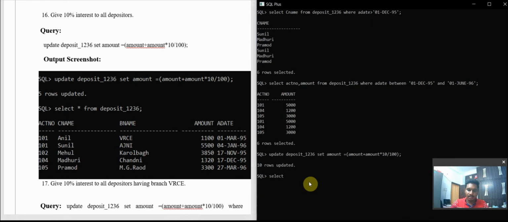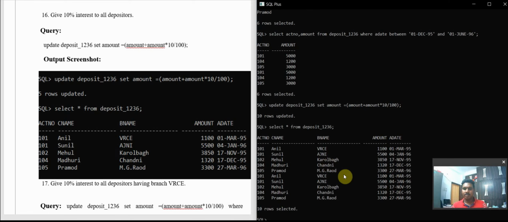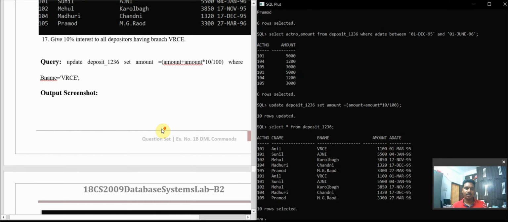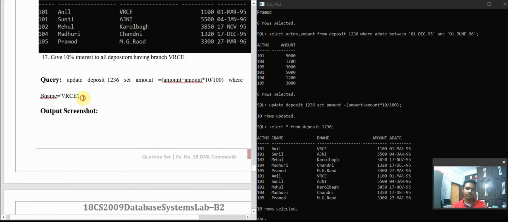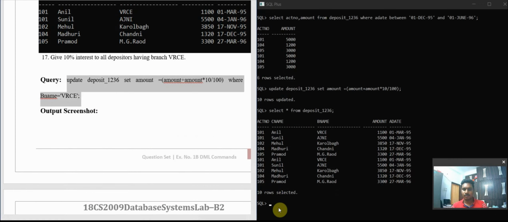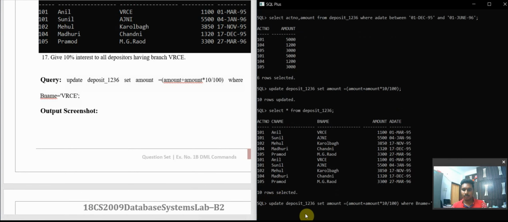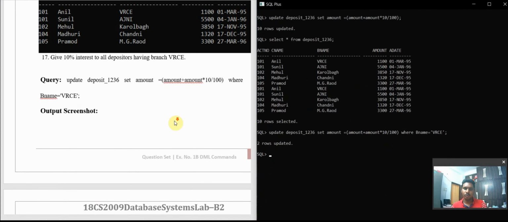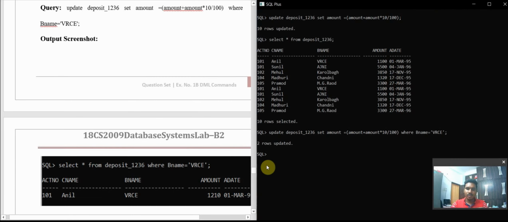select star from deposit_1236. Yes, you can see here the rows have been updated, 10 rows. Now let me update these things, two rows. If two rows are updated, now I need to have this command. Previously I had this command